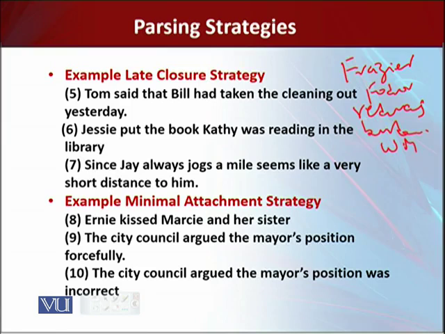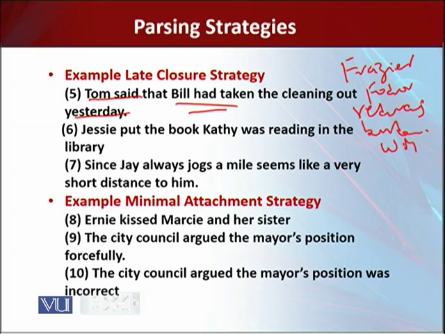Tom said that Bill had taken the cleaning out yesterday. Here the adverb yesterday may be attached to the main clause, which is Tom said, or the subsequent subordinate clause, which is Bill had taken. Now, Fraser and Fodor argue that we tend to prefer the later